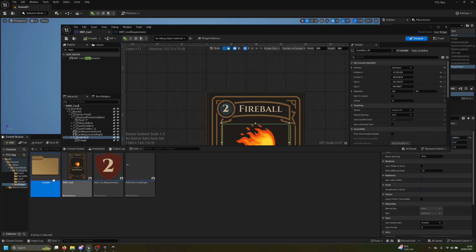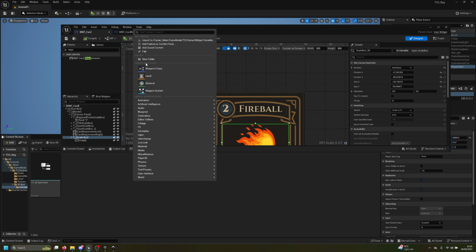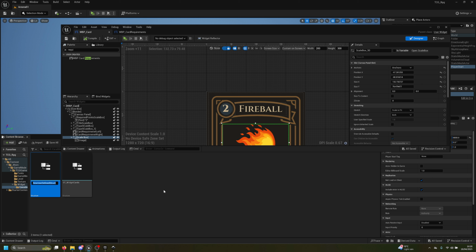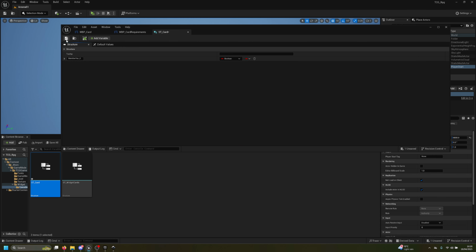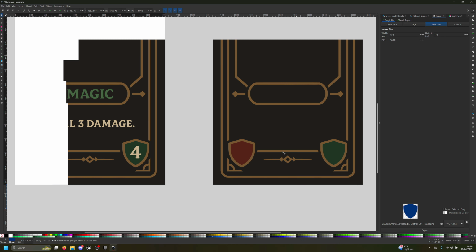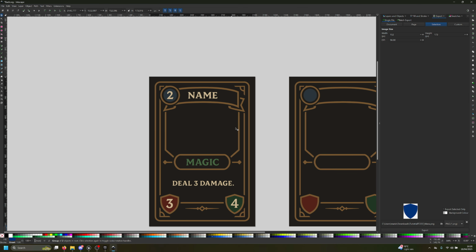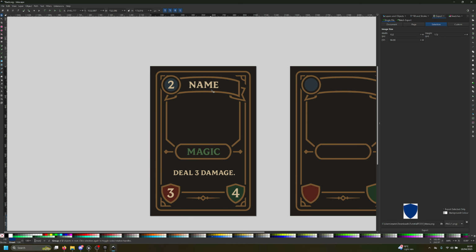Now, let's right-click here and create a structure called SD_Card. This is going to be the card structure that we're going to be using to build our game. So if I get the design, let's just have a look at the original design. The very obvious thing that I see is 2 things: name,